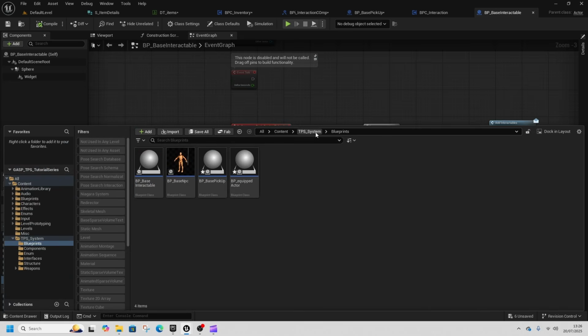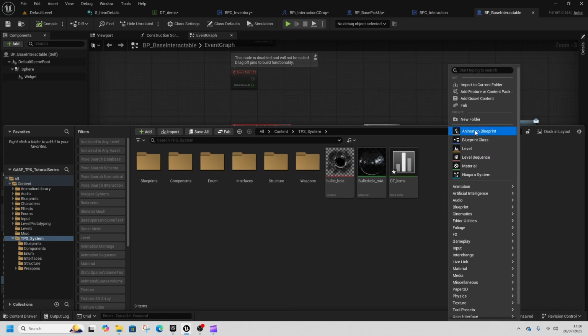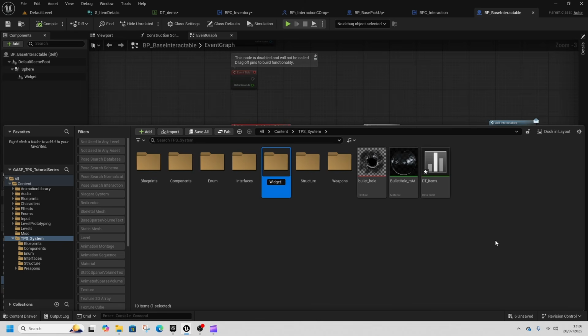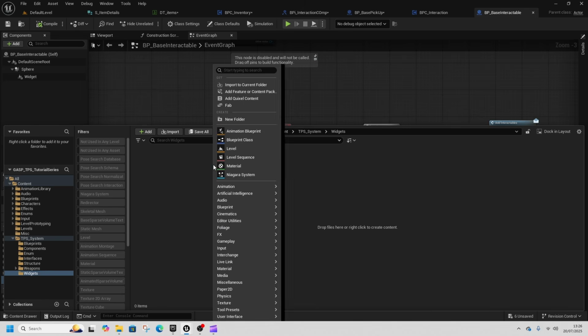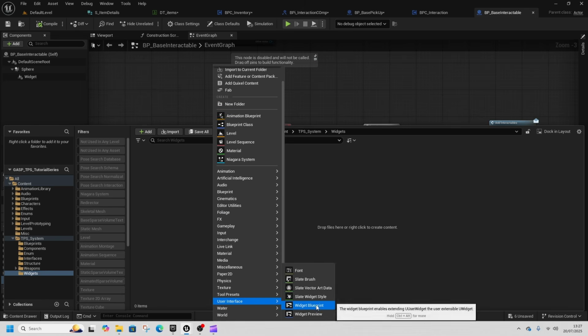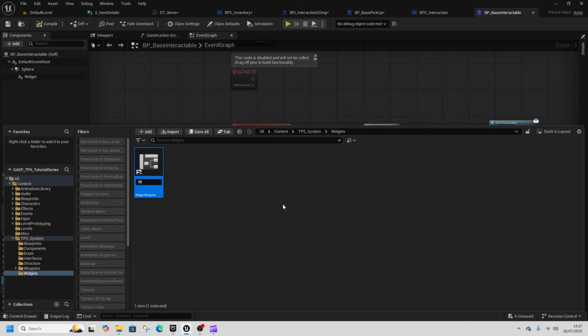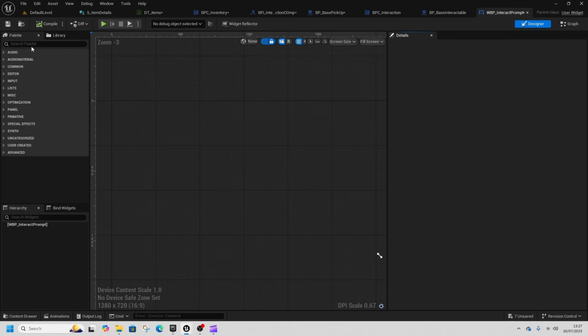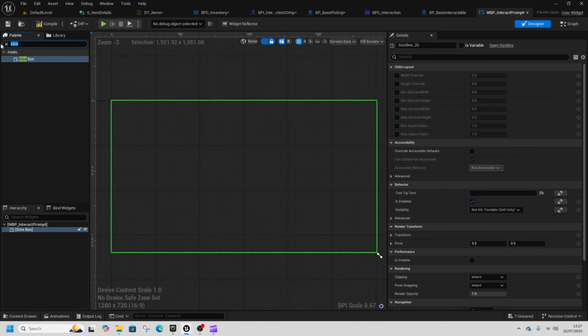And then we're going to create a widget. So we're going to come out of here, create a new folder for widgets, and then create a user interface widget blueprint. This would be WBP interact prompt, and we'll open that up. And we're going to add a size box and a horizontal box,